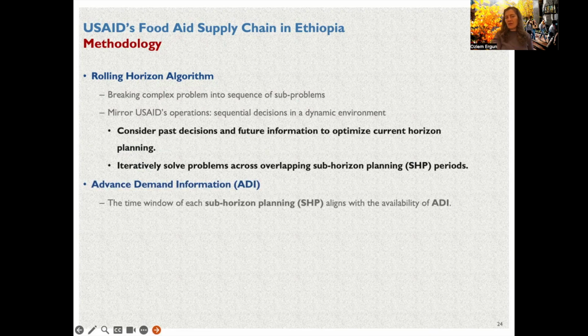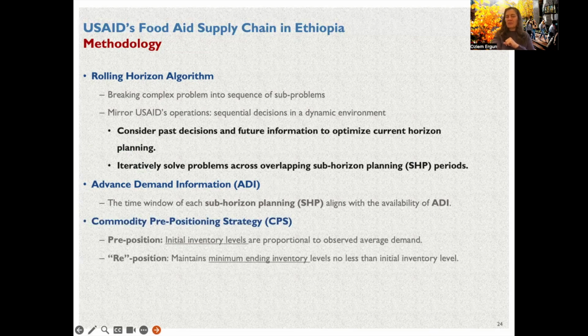So for advanced demand information, we basically said that our sub-horizon planning, so every time we solve a chunk of the rolling horizon problem, we equate the length of that chunk with the duration of the advanced demand information that we had. And then we considered different prepositioning strategies that I'll call CPS. Basically, we decided on prepositioned initial inventory levels as proportional amounts of observed average demand. And then we made sure, as I said before, that commodities got repositioned to at least the inventory amounts that we had in the beginning of the periods